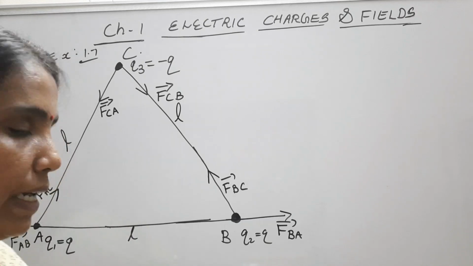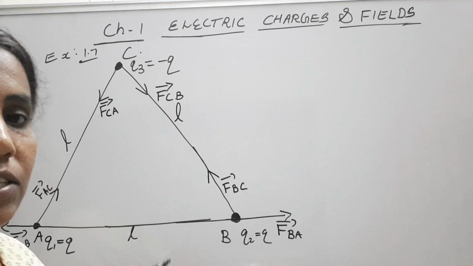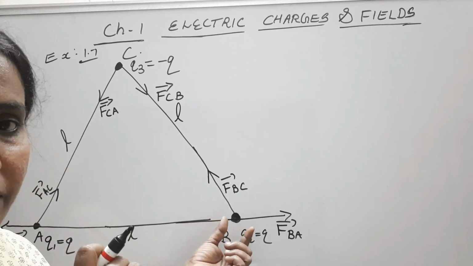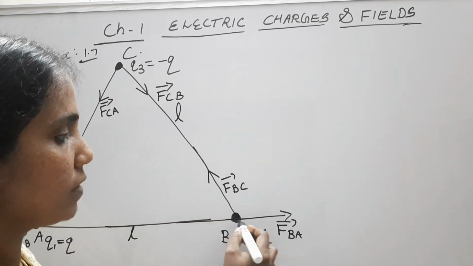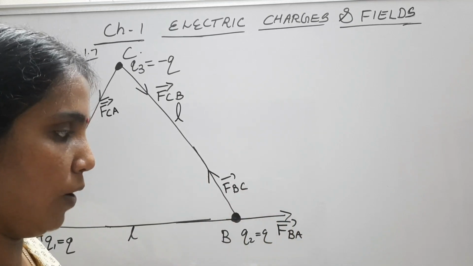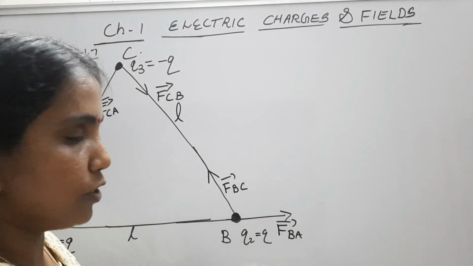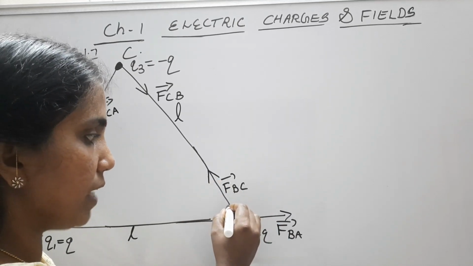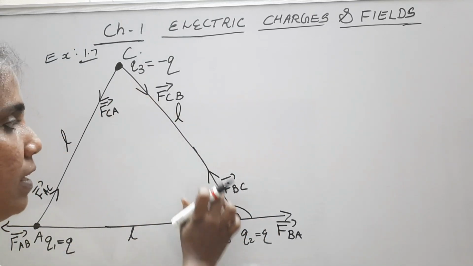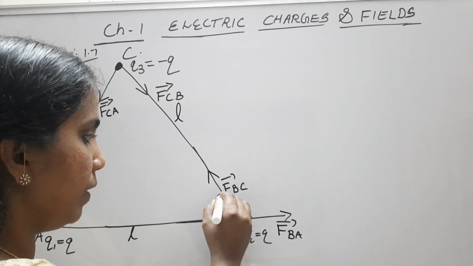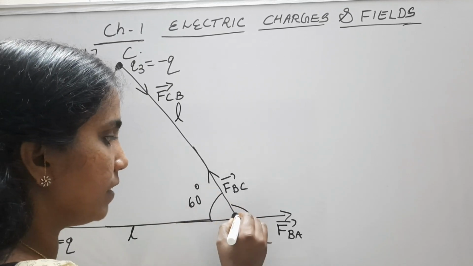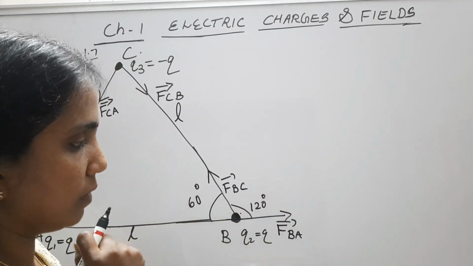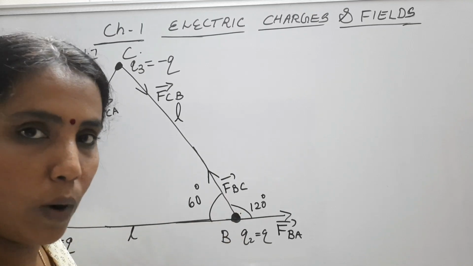Now what we want to find is the net force on each charge. Okay, we'll find the net force on each charge. Let's start from B onwards. Okay, so these two are the forces acting on this charge. So how to find the vector sum? So two forces are acting, and what about this angle? It's already given this is an equilateral triangle. So this angle will be 60 degree. So obviously this angle will be 120 degree. Okay. So these two vectors, they are inclined at an angle 120 degree.